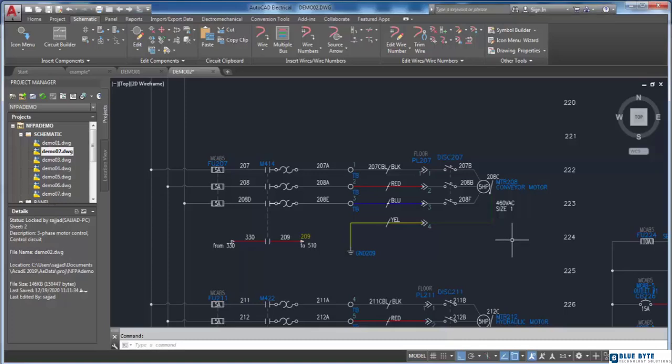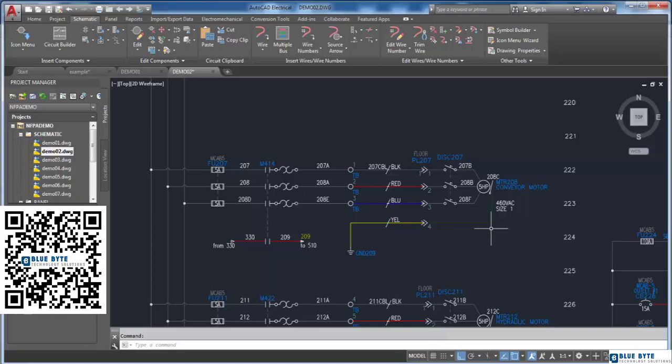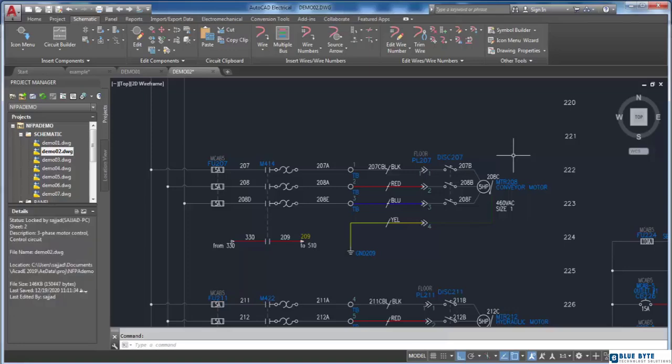Sometimes it is needed to create your own new wire and modify its attributes or properties based on your requirements. Properties of wire types such as line type, color, line weight, and so on. To create a wire type from the Modify Wire Type drop-down in the Edit Wire Numbers panel of the Schematic